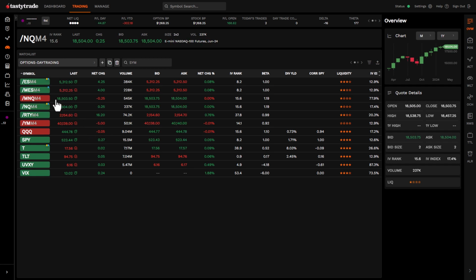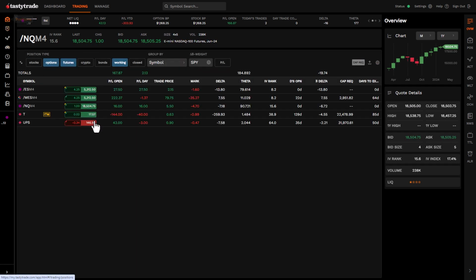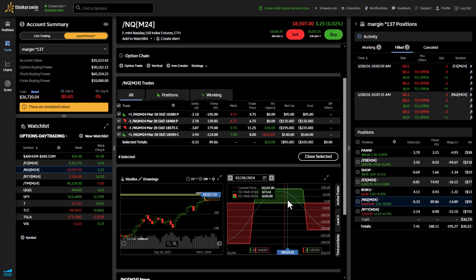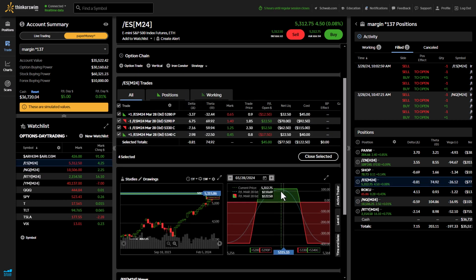If we can look at my positions, up 16 bucks on this one, 27 bucks on that one. So hopefully we'll keep tracking towards the goal here. Let's see, on my paper trading, same thing. This is visually what it looks like. It's just pivoting in between, right? Which is what we want. Let's look at the ES. Same thing. Just going. This is one of the things I like about the